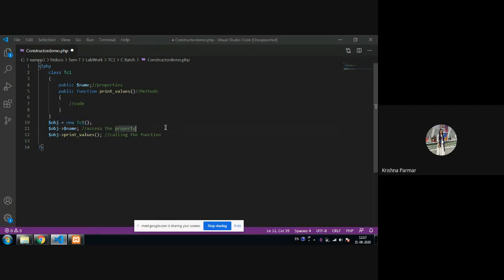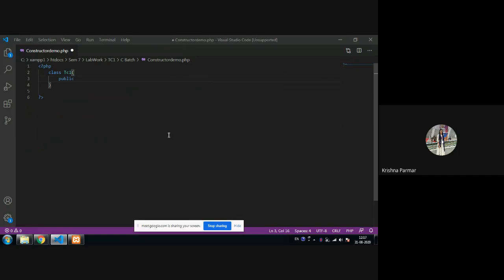Okay, now we can see how to create the constructor. For that, first write the class name like TC1. Then take any properties, like here I'm taking three variables, or three properties. Here I want to decorate my text. In the previous lab session, we generally only went for the displaying part. But here I want to use some tags also, some styling.